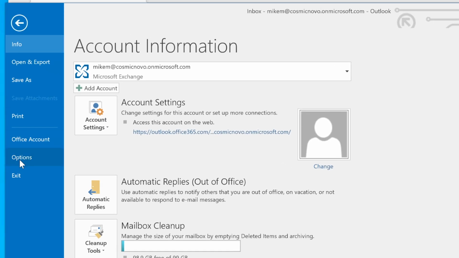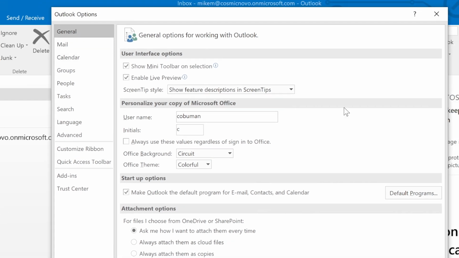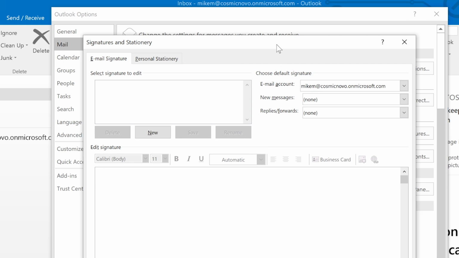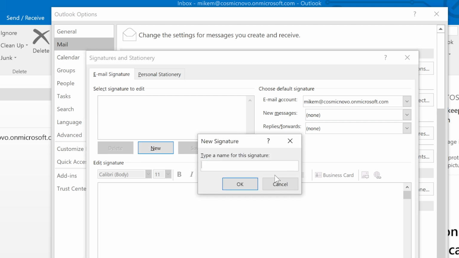So if you go to File and then go to Options down here and then go to Mail, and then I know it's right here. Here it is, Signature. So if I click on Signatures right here, here we go. Now I can set up a signature, and all I have to do is just click New, and I'm going to just call it New